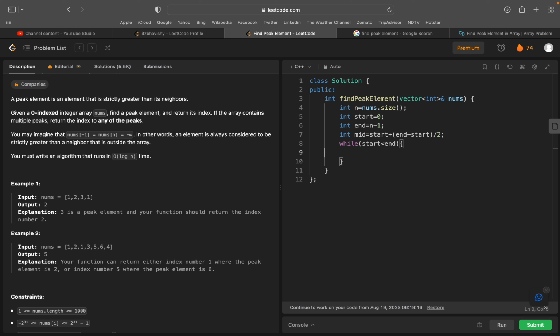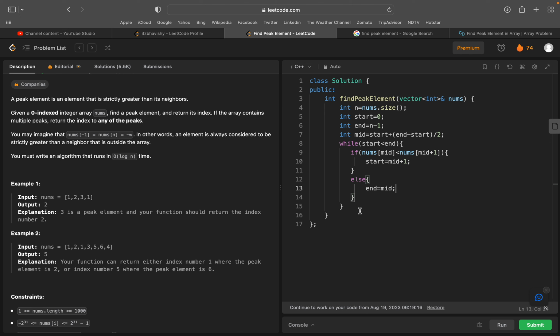Now in this loop, if nums of mid is less than nums of mid plus 1, then what do we have to do? It is in the left part, so start equals mid plus 1. In the else case, end equals mid, not mid minus 1.